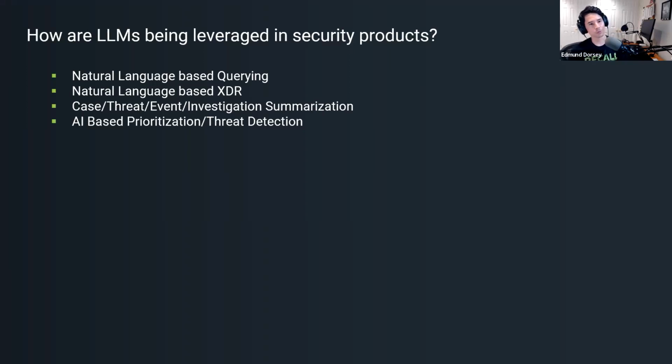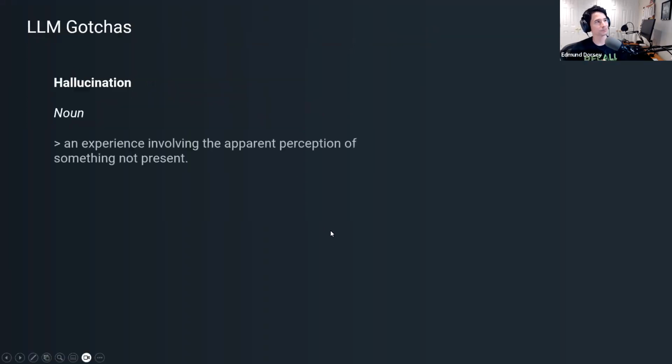And then this fourth bullet point, this is sort of the black box, right? Those first three, they're going to be very obvious to you where AI is being used and providing you value. This fourth one, you're going to see in a lot of products now, they're going to start saying that AI is being used for prioritization, for threat detection, for bubbling up indicators of interest. And it's going to be a little bit opaque, but hopefully that improves the state of security more than it enables the attackers that are working against us.